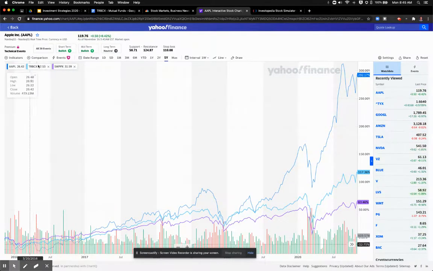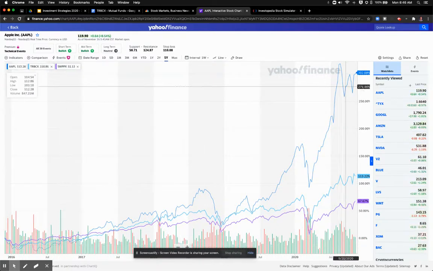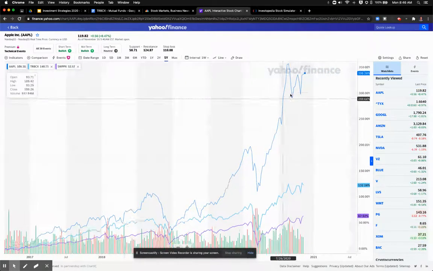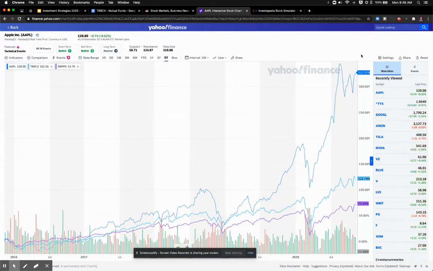So we have a single stock, that's one single company. We have a mutual fund, a collection of not just one company, but probably hundreds of different companies. And then we have an exchange traded fund, or ETF, which basically invests in the overall market. You can see over on the right-hand side what has happened over the last 5 years. Nobody would be upset if they earned a 300+% return over the last 5 years. Nobody would probably be upset with a 121% return,